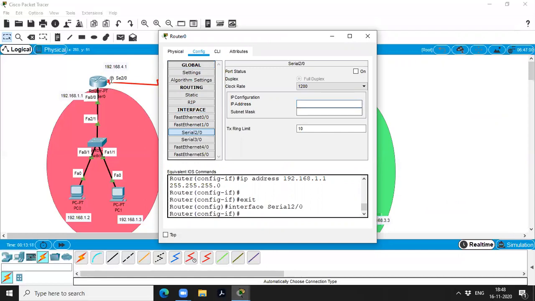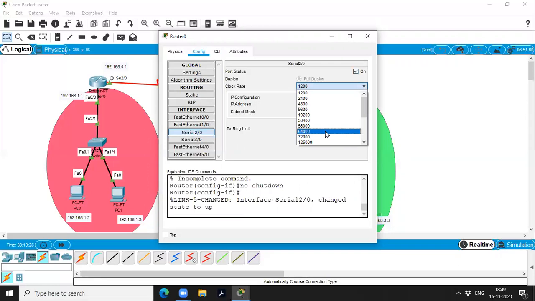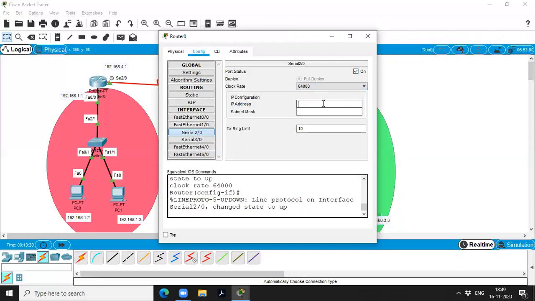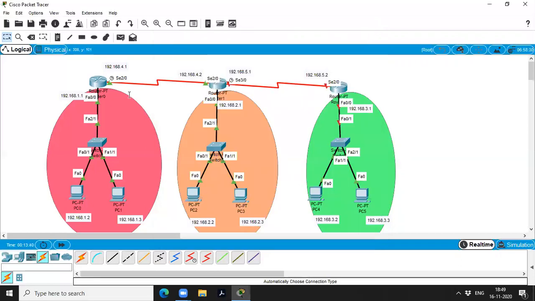This router also requires a clock because it shows clock needed. Click switch on, click on clock rate. I'm going to define 64,000. The IP address may be 192.168.4.1. Give tab. Successfully we have switched on the routers.